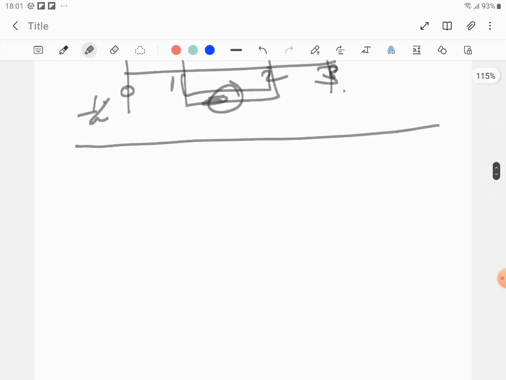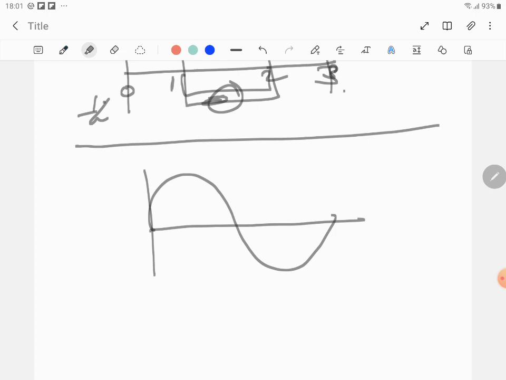The second thing is this derivation. Average value of an AC over one complete cycle is always 0. An alternating current is like this, right? Over one complete cycle means 0 to 2 pi. The average value of this current is always 0. Mathematically, we have to prove that the average value of alternating current over one complete cycle is 0. It will come as an MCQ. The average value of current over one complete cycle is dash, is going to be 0.